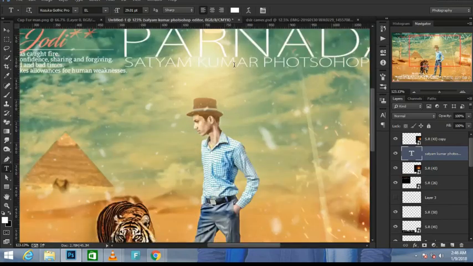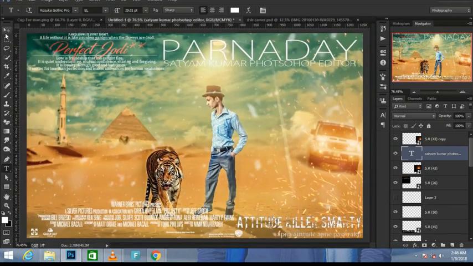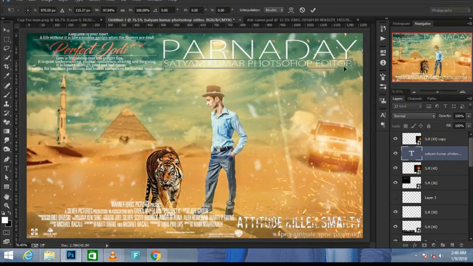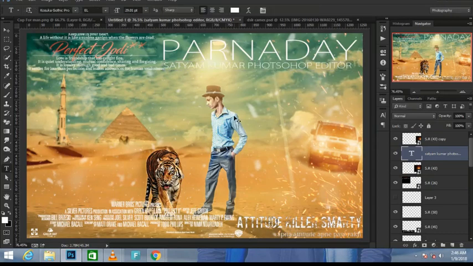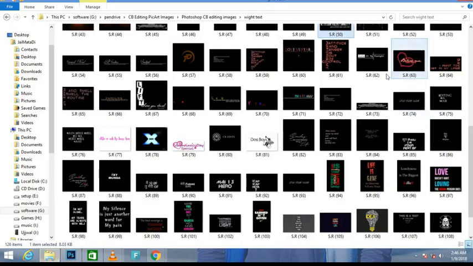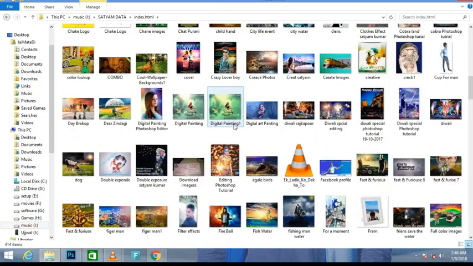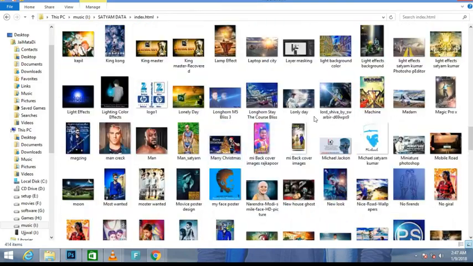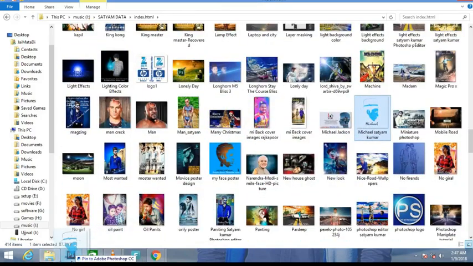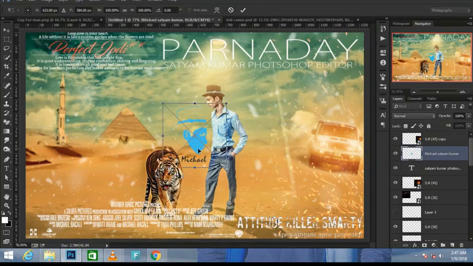Libraries panel, and I'm going to open up this file here, which is these smoke elements that were also downloaded from Adobe Stock. By the way, if you don't have Photoshop CC, you won't have the libraries panel, but you can still download the watermark previews onto your desktop and bring them into Photoshop as you would. And I'm going to change the blend mode to Screen, so the black